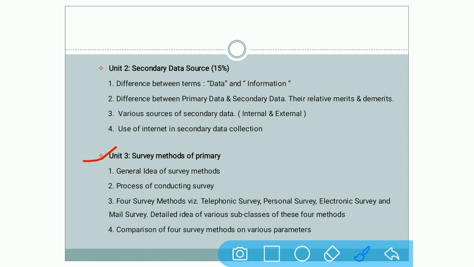Point number 1 under this is a general idea of survey methods, that is, which kind of methods can be used. Then the process of conducting a survey, how you can conduct the survey. The survey methods are telephone, personal, electronic and mail survey, and their differences are to be learned here on the basis of different points. So this is about your unit number 3.